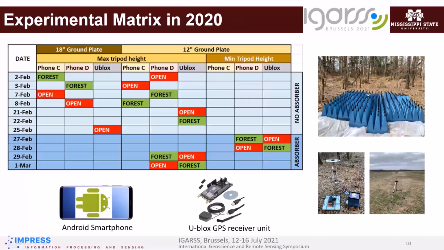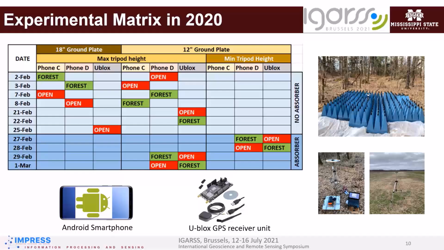In early 2020, we performed several experiments with a smartphone and a custom u-blox receiver to prove our hypothesis. We performed the experiments in forested and open areas, with and without placing electromagnetic absorber around the receiver. We also used ground planes of different sizes to observe the ground multipath effect. For the time constraint, here we are only going to present the result of a smartphone-based receiver,